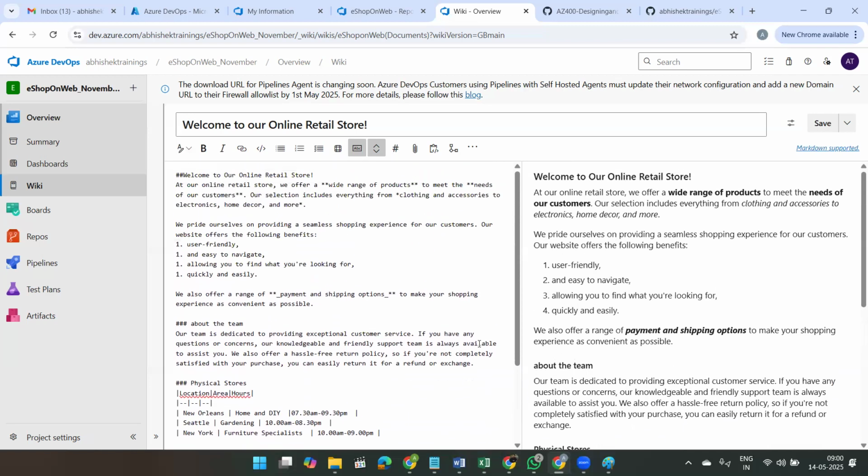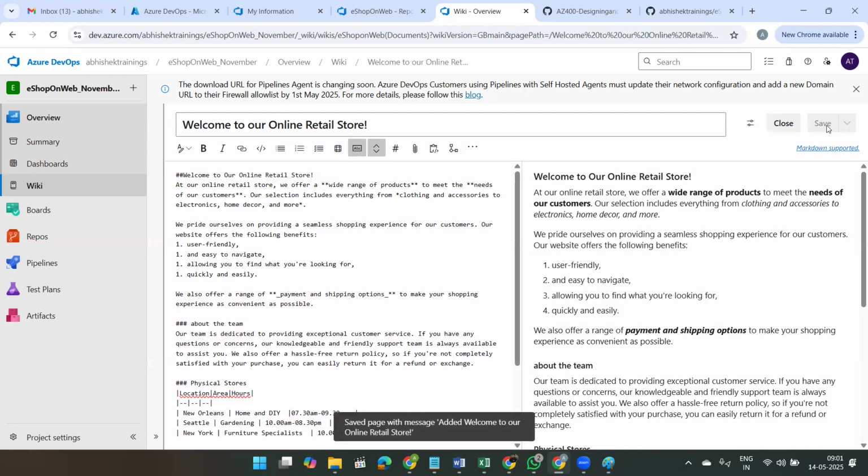This is how you can create any document for your project, giving information about your product or project using Markdown language. Now, what you can do, you can save and publish this. So this will go into your repository, since you are publishing the code as wiki. Click on save